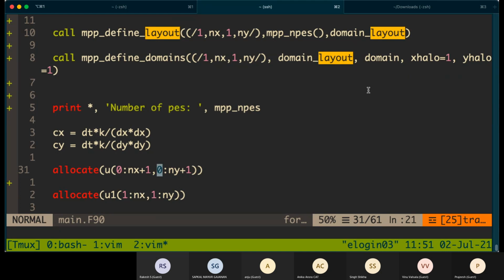So we don't need to allocate this full array in all the processors. We only need the part of that domain which is allotted to that particular processor to be allocated. For that, we need to get the local upper and lower bound of the array.